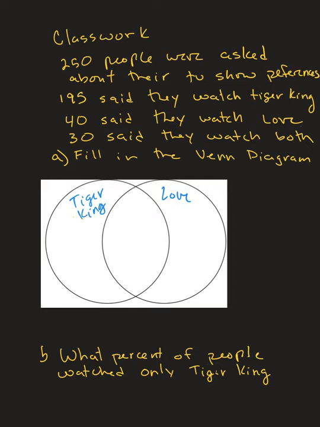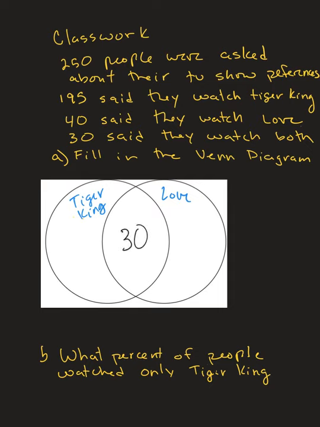We know that all the numbers had to add up to 250 people. 195 said they watched Tiger King. We can't use the 195 because some of it goes here and some of it goes here. All right, and we can't use the 40 that said they watched Love because some of that 40 goes here and some of that 40 goes here. All right, so, but they gave me the number in the middle. It said that 30 said they watched both. So that's a great start. That means I can put